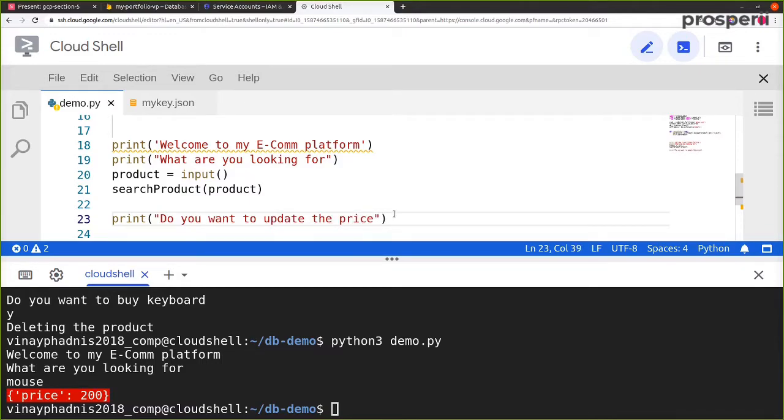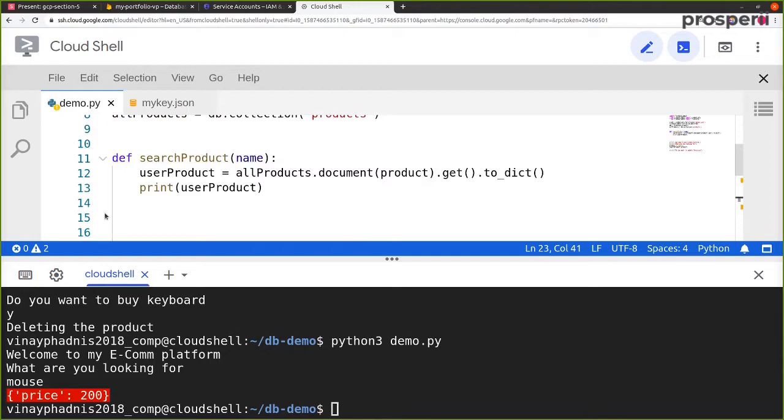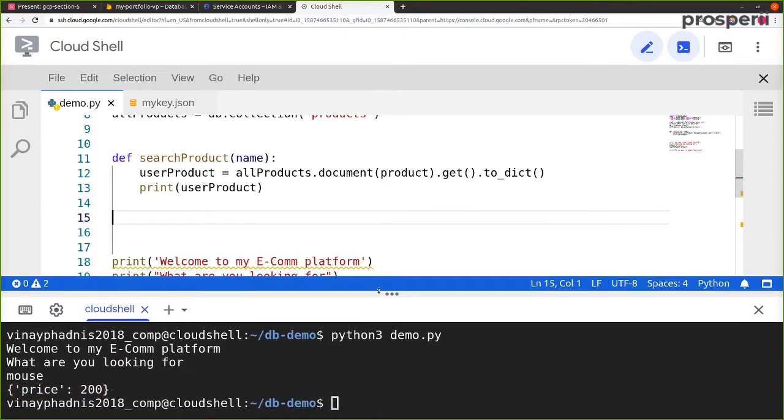Now after asking the user if he wants to update the price, let's create another new function over here which says update price. To do that, we have def update price, and then inside def update price, we take in the name of a particular product, and after taking the name, we also want to take in the new price.